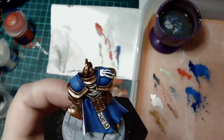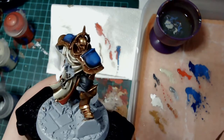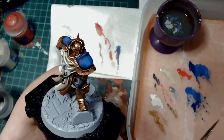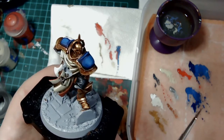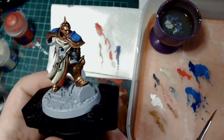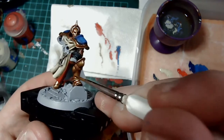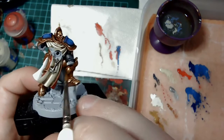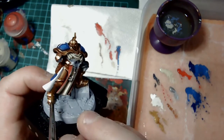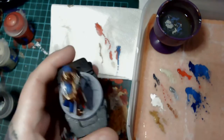Okay, so once all your gold's done, this is what you'll be looking for. I know it doesn't pick up too great on the camera, but you can sort of see the yellow area, the gold, the more rose red of the darker areas of gold along the boot there. Obviously we've come down the shin along here and here, but we've left the underside here. We have done a small amount there, the same as this. Come down one side, leave the underside. So what we'll do now